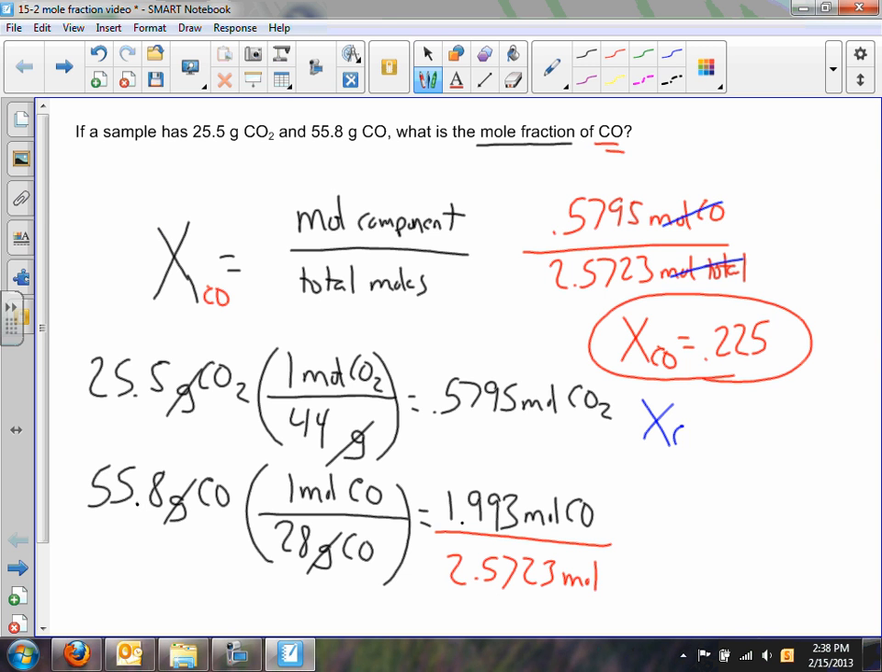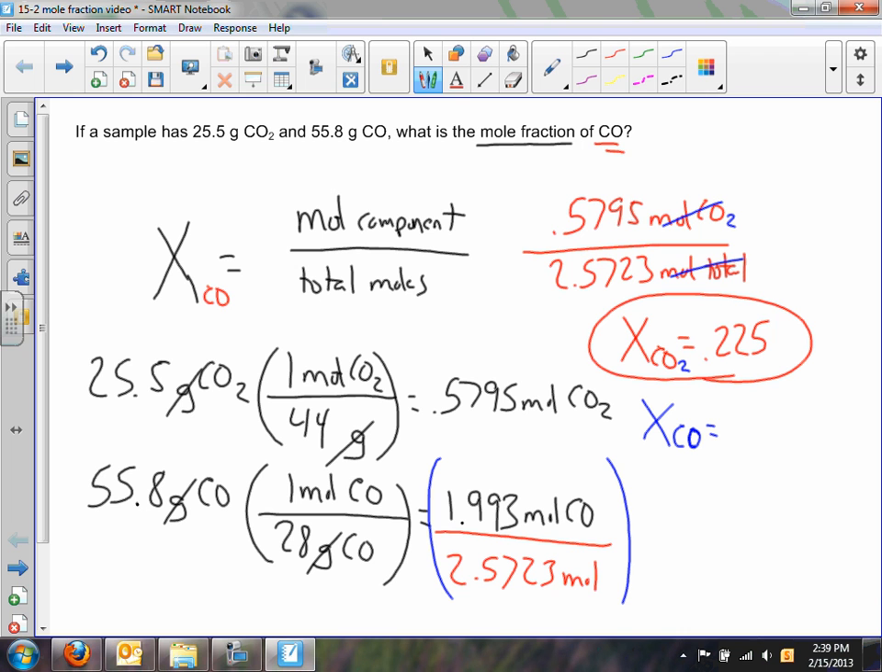They didn't ask for it, but if they did ask for the mole fraction of CO2, are you kidding me? We messed up here. I found the mole fraction of CO2 right here because I used CO2's numbers for the top one. If I wanted the mole fraction of CO, what you would need to do is take CO's moles, 1.9 right here,